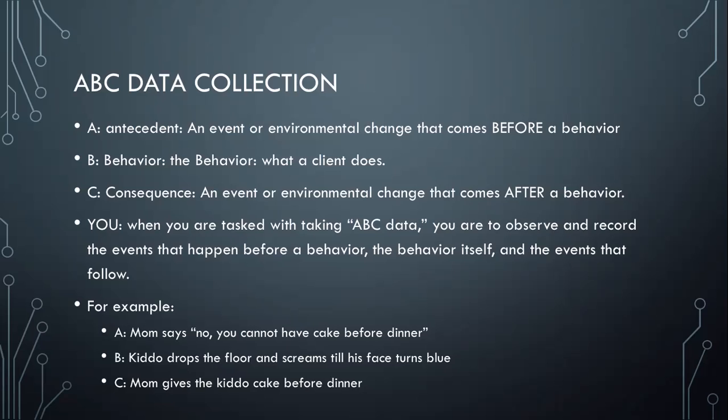But an antecedent is really just any change in that kiddo's environment that happens before a behavior. So we have our behavior, which is just what the client does, and then our consequence, which again is another stimulus. So this is an event or an environmental change that comes after the behavior. So antecedent is a stimulus that comes before, and consequence is a stimulus that comes after. Okay, so for your job in regards to ABC data collection, if you are asked to collect this kind of data or complete this form of assessment,